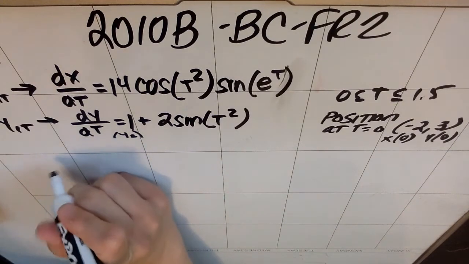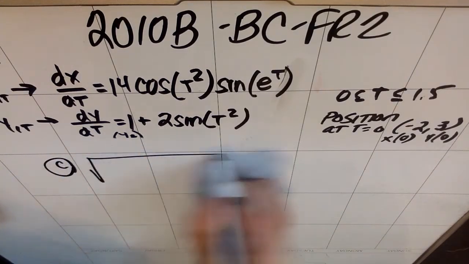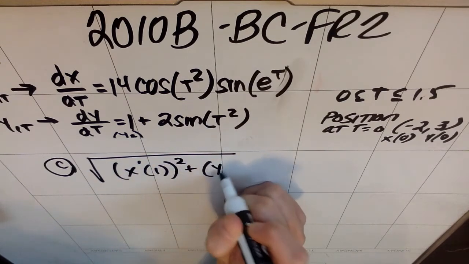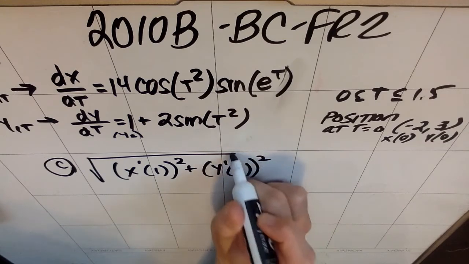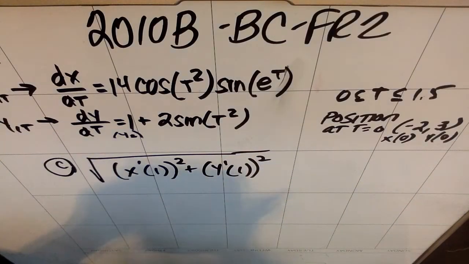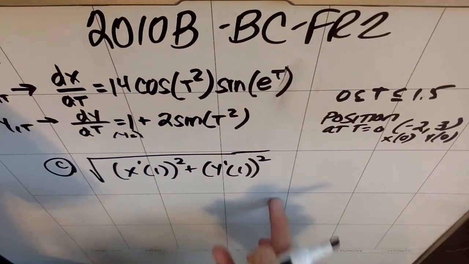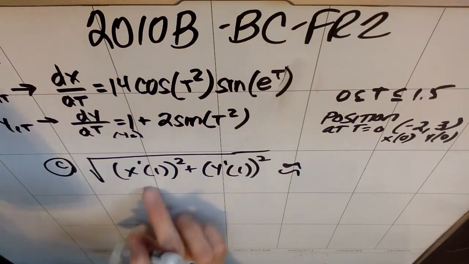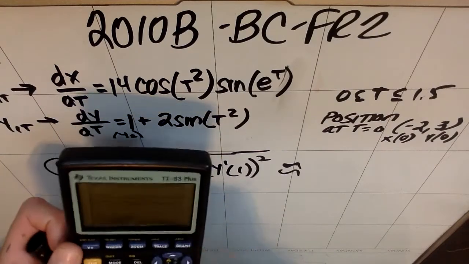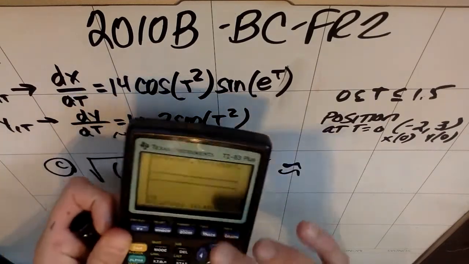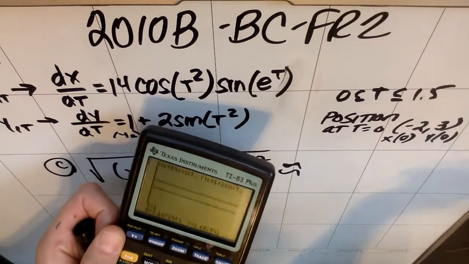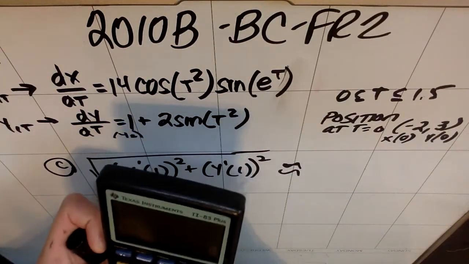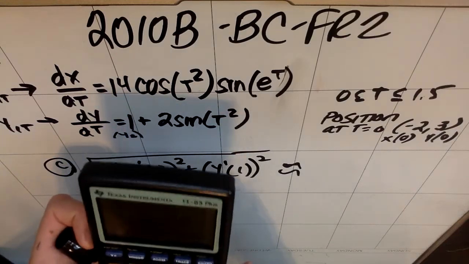So part C is mostly about knowing the speed formula, which is that it's the square root of x prime of 1 quantity squared plus y prime of 1 quantity squared, right? Now, interestingly enough, those were just stored in my calculator as x and y, right? And if you're not sure if that's still stored as x and y, you could go back and hit trace and put t as 1. And then right now, stored as x and y in my calculator are x prime of 1 and y prime of 1. So I could just type into my calculator, if I quit out, square root of alpha x,